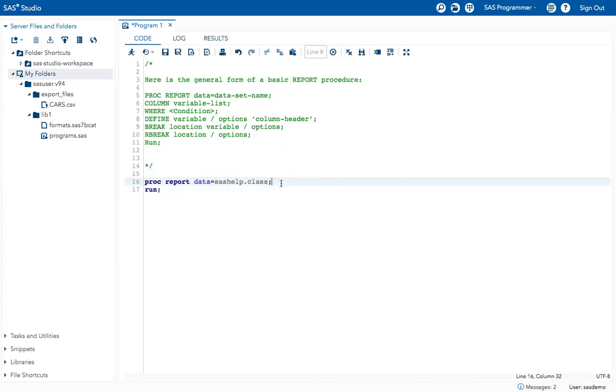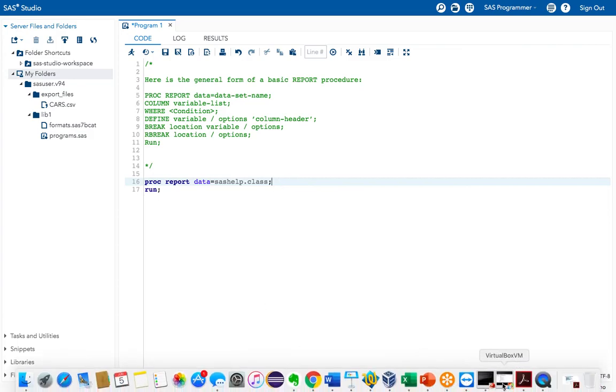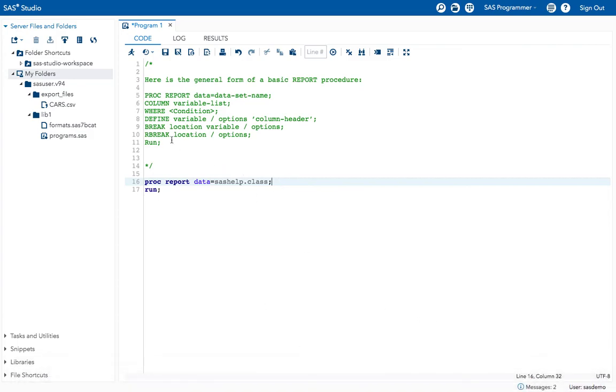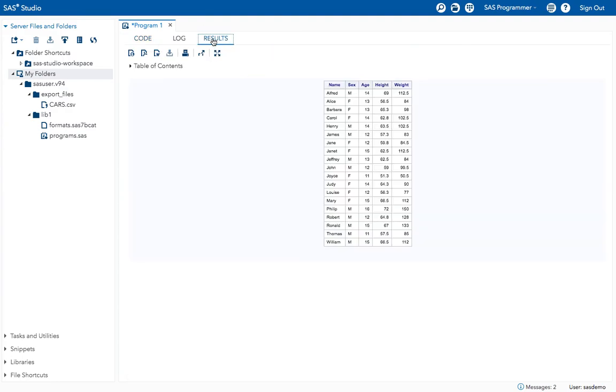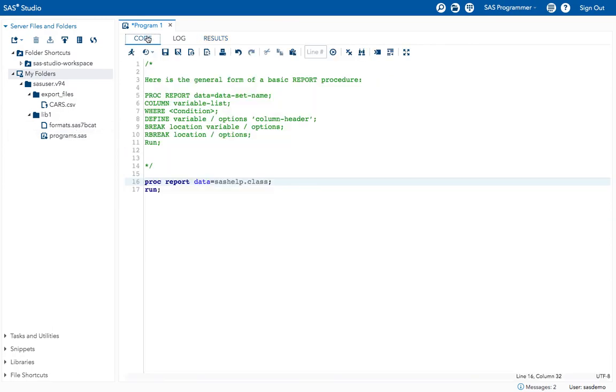See, in this, what are the first things we use? See here, it is showing the column variable list. As I didn't mention any variables, it generated the result for all the variables present in the class dataset. We can specify the columns that we want to generate the reports for by using the column statement.